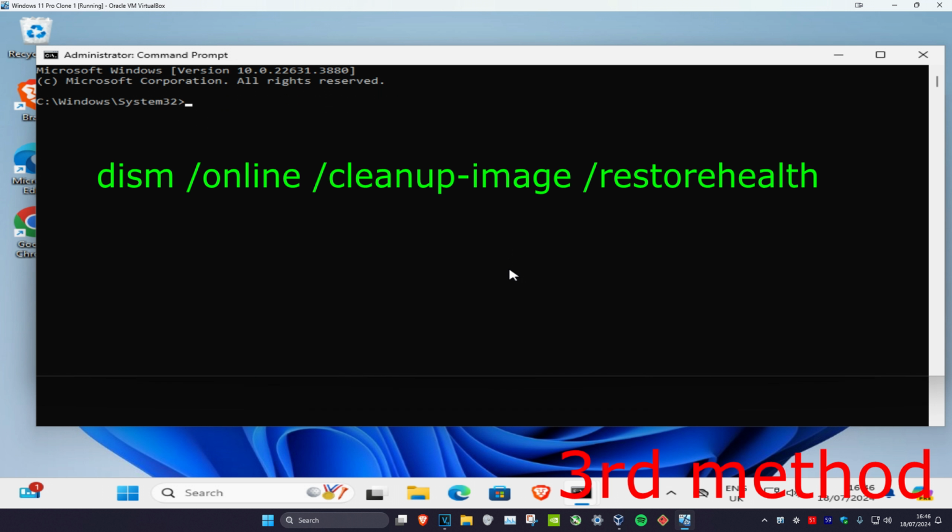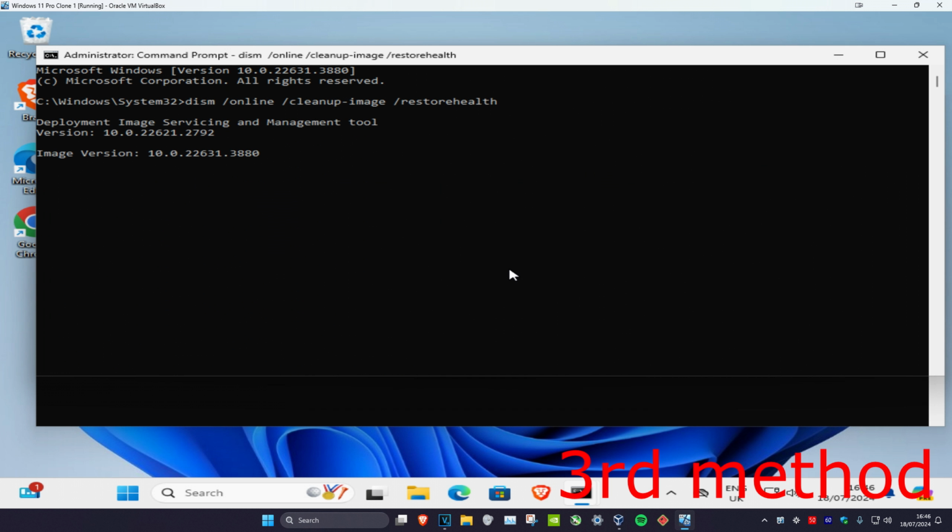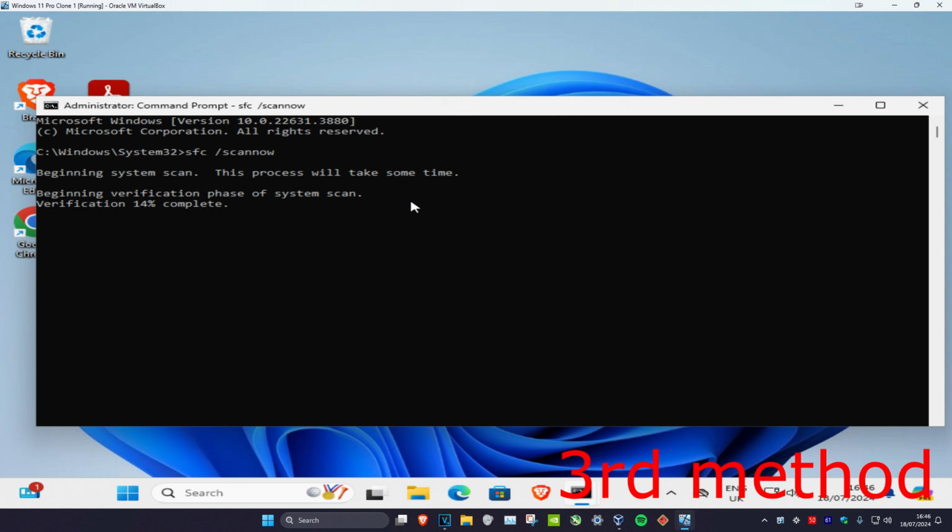And now we're going to type in DISM /online /cleanup-image /restorehealth, and click on enter. And now you want to run this as well. Now once both these scans have been completed, this one and also this one as well,